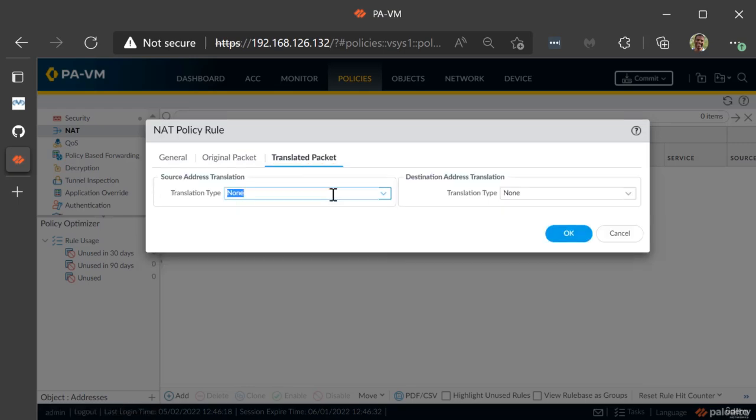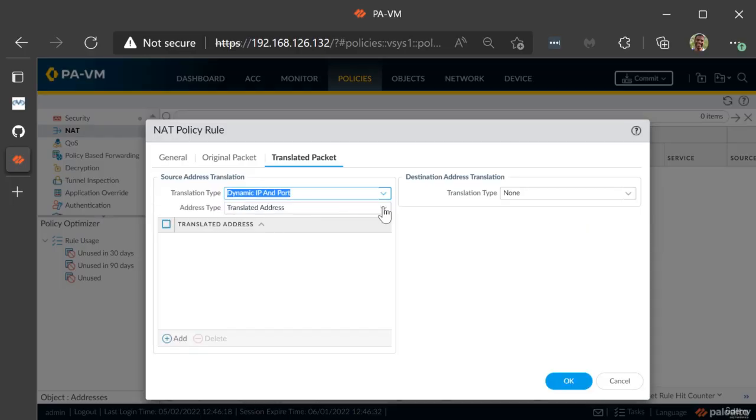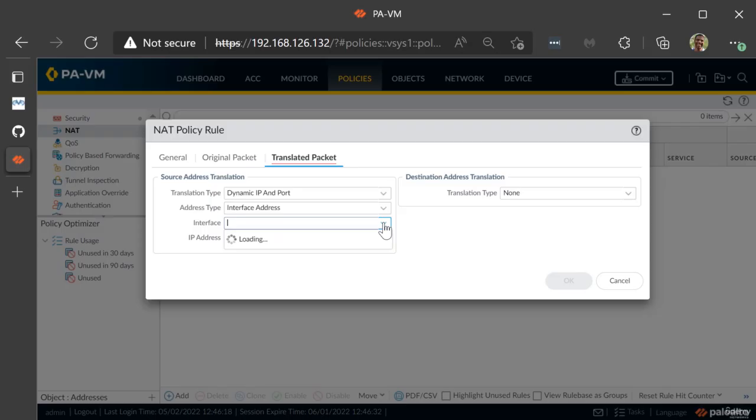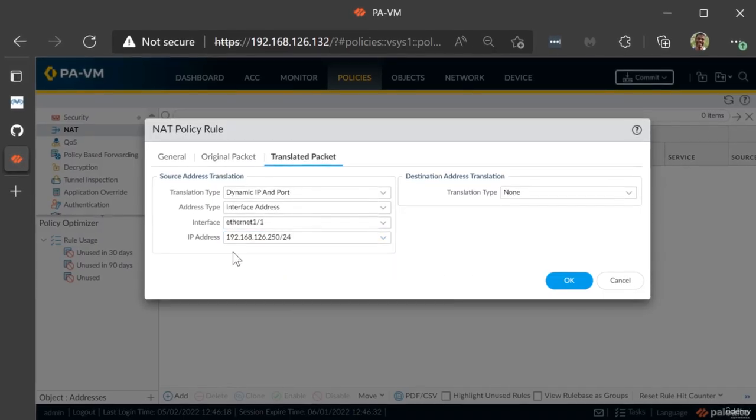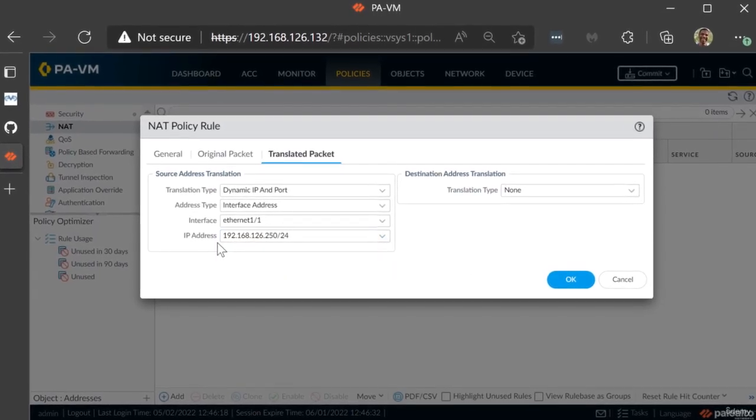Then under translated packet, what we want to do is port address translation, also known as NAT overload, also known as dynamic IP and port. And we're going to set that up for an interface address, specifically our outgoing, that is our egress interface, which is eth11, which has the following IP address. So IP and port, that means we're going to overload the public IP. We're pretending like